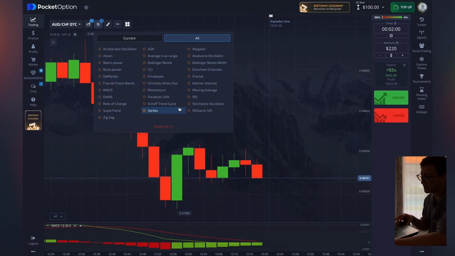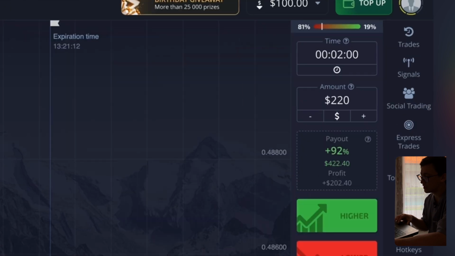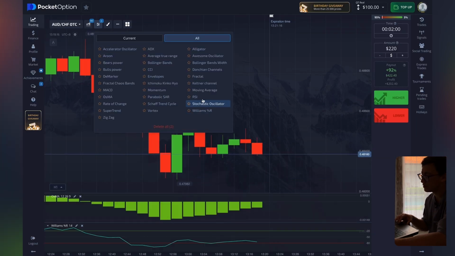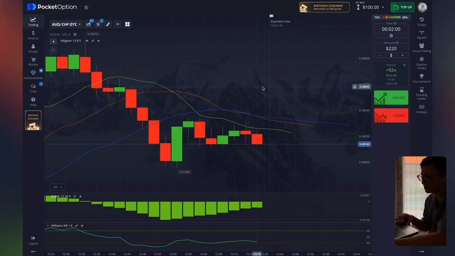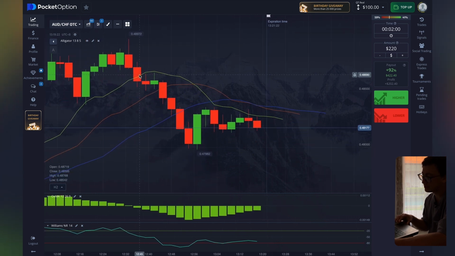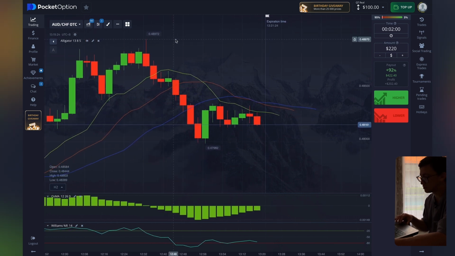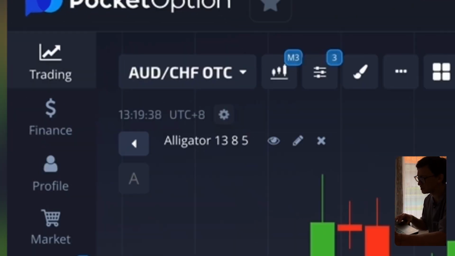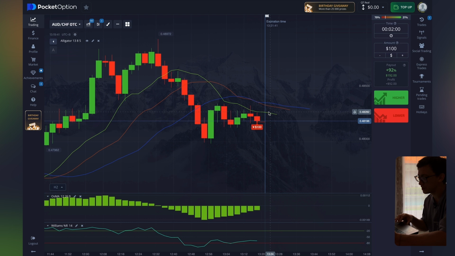So let's start by setting up like mine. Today our expiration time will be 2 minutes, and the indicators that will help us today are OSMA, Williams, and the Alligator indicator. And let's leave the settings basic and not change anything. So okay guys, before us is the currency pair US dollar, Swiss franc, and it'll be going down. Let me explain everything in more detail.